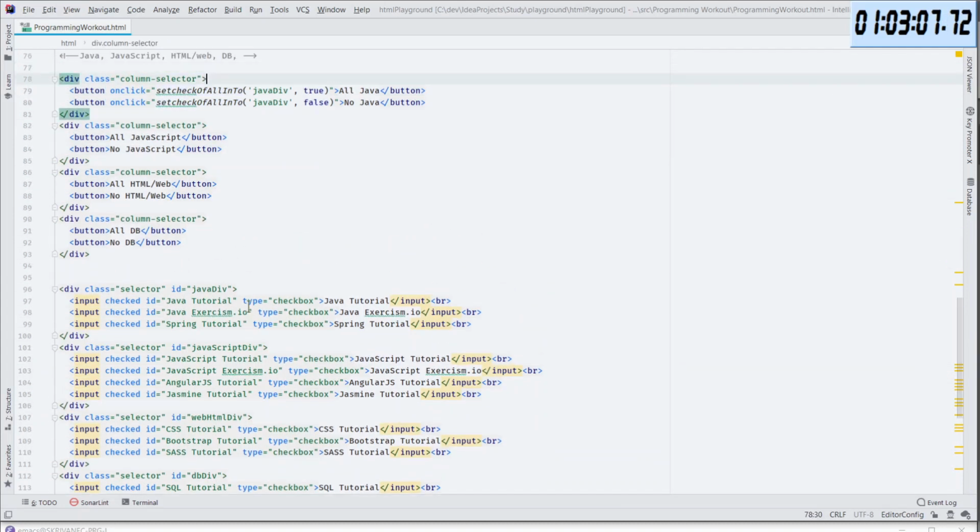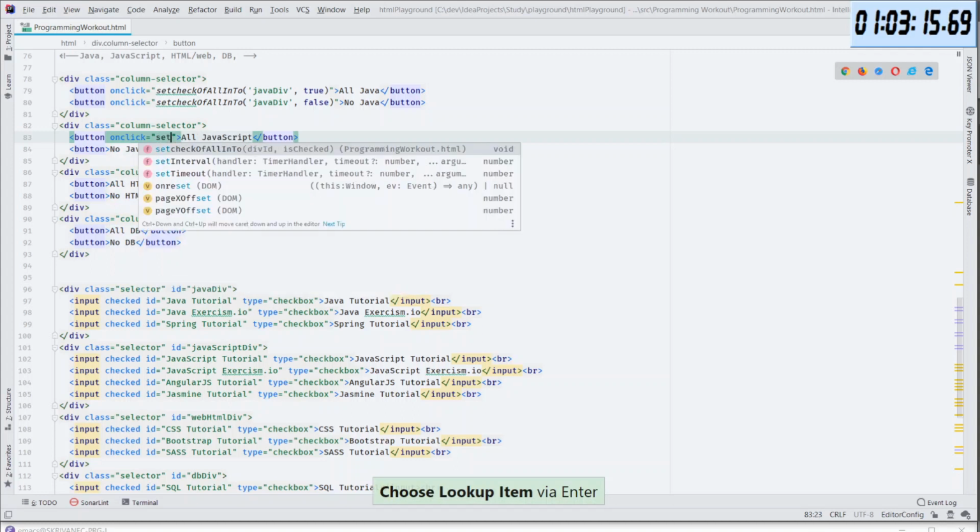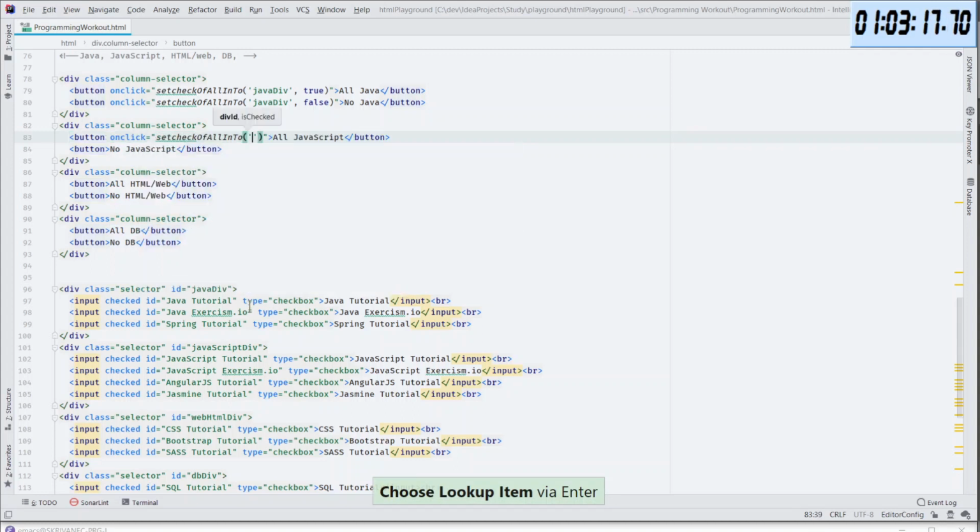Okay, so those are our things. And now we will be calling the function we wrote. And this will be onClick, set check it all to, and the first one is JavaScript diff, and this is true, and I will copy those.